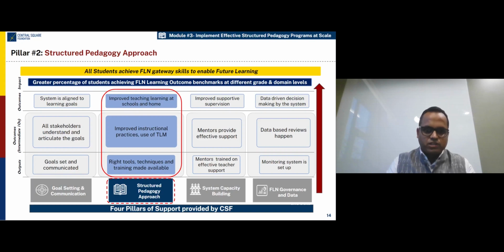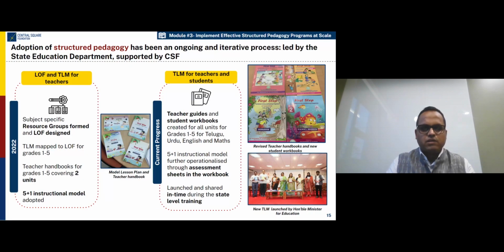In the structured pedagogy approach, it was very important to start by first aligning the state on a different approach to pedagogy and teaching learning process for the early grades, which takes a structured pedagogy approach to teaching learning, and the state anchors this structured pedagogy approach on a learning outcome framework, which was developed in consultation with the state. The state then set up the subject-specific teacher resource groups, which actually consisted of teachers who were from the